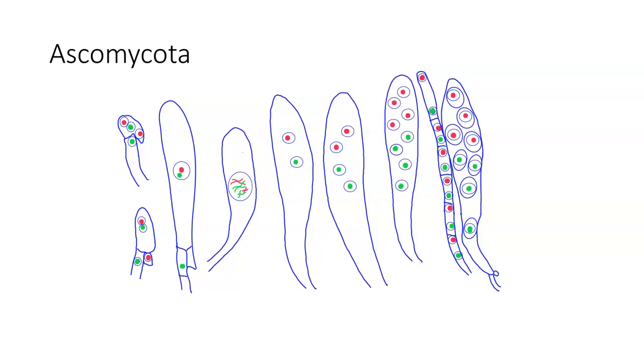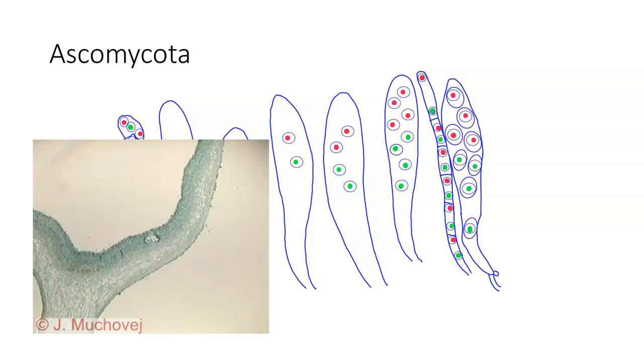You then see a little bend in it so that the two cells that are formed below the upper one are haploid. The upper one, which is going to become the ascus, increases in size. As it increases in size, you get fusion of the nuclei. Then you get meiosis and mitosis occurring, which is going to produce 8 haploid ascospores, and that's what you see on the right-hand side. Next to it, you have what we call a paraphysis, which is basically something to cushion the asci.